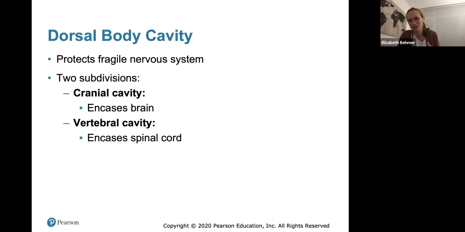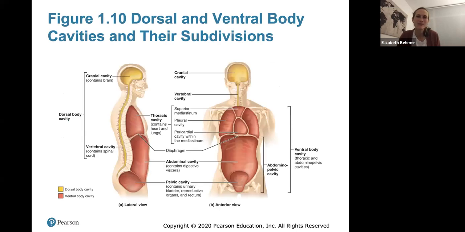So we divide your dorsal body cavity, dorsal means posterior, into your cranial and vertebral cavity with the brain and the spinal cord. And this is just a good kind of review of the body cavities. The dorsal, you can see that in the posterior, and the ventral body cavities we divide into the thoracic and